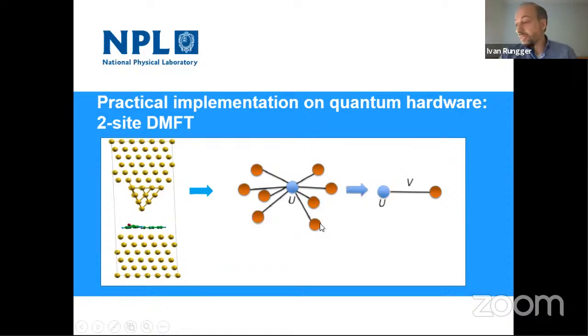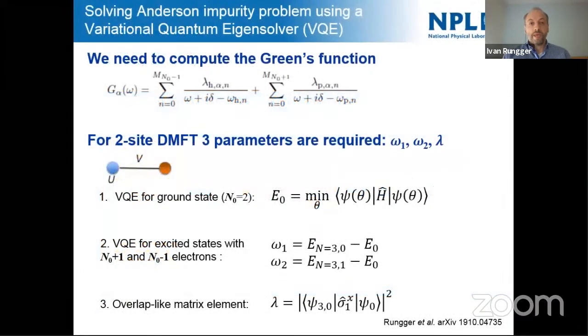And what we did, because we wanted to run on quantum hardware, we said, okay, let's take the smallest possible system, which was also considered in the literature before, theoretically, which is just two sites, one impurity site and one bath site. So it's two-site DMFT. You cannot be smaller than that. And we have one parameter U on the impurity and just one V that couples the two things. And that's what I will show now: how we do it, the algorithm, and then the experiments on the hardware.